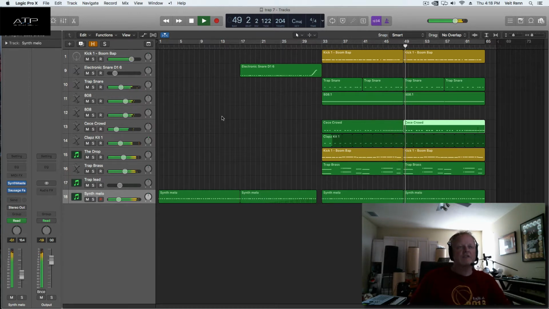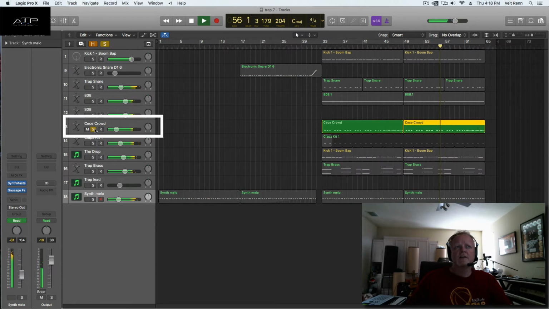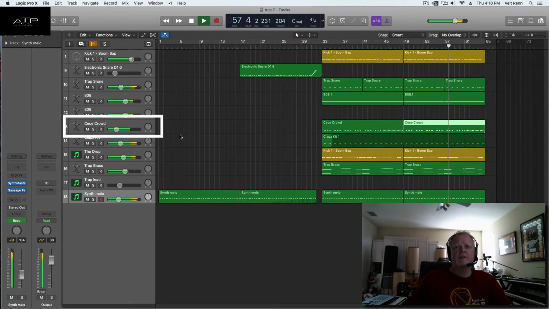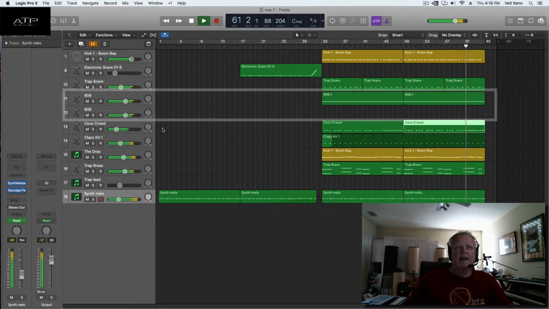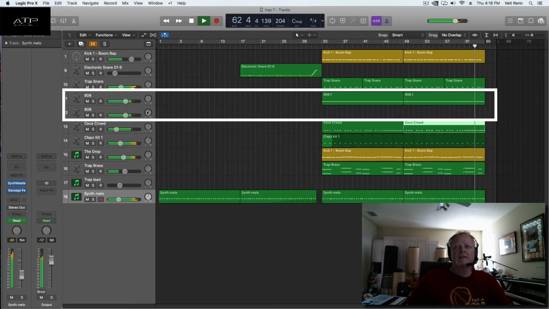Okay, and then the section repeats here. What we might want to listen for here is some of the individual little crowd sample. And of course, one thing we hear is the typical hi-hat programming,